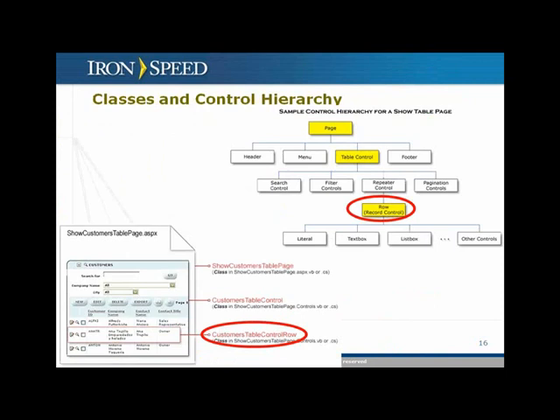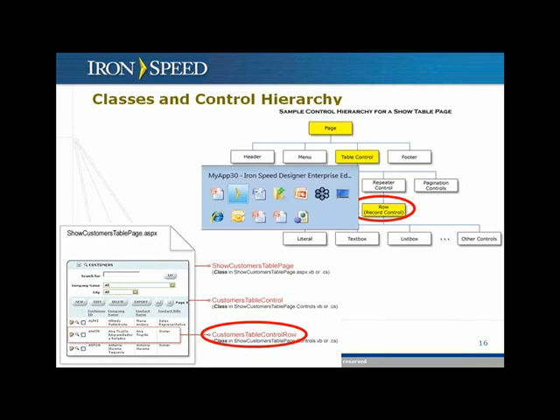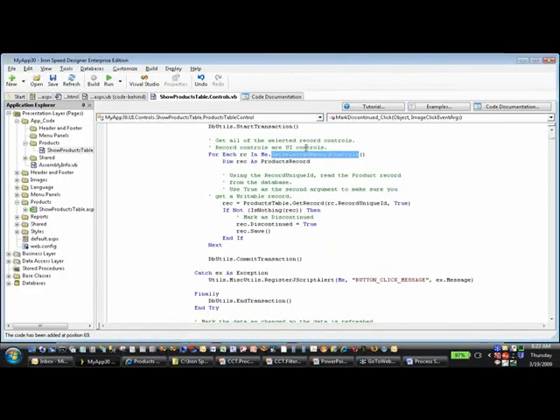In this particular example, I'm circling the row class, but really the changes that I need to make are at the table control class here, because I need to operate on all of the selected rows. So the first thing I need to do is get a list of all of the selected record controls. And within the selected record controls, what I need to do is retrieve the specific record from the database given